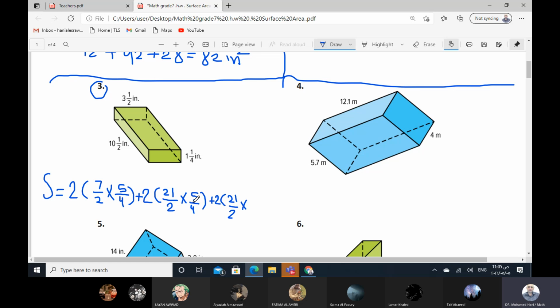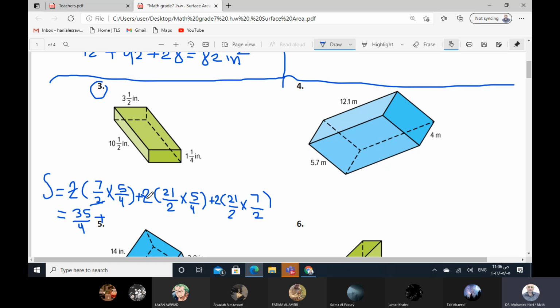Times, here we have 21 over 2, and here we have 3 and 1 over 2. 3 times 2, 6 plus 1, 7 over 2. Then we can calculate. And here we can cancel 2 here with 2 here. Then 7 times 5, 35 over 4. 35 over 4. Plus,